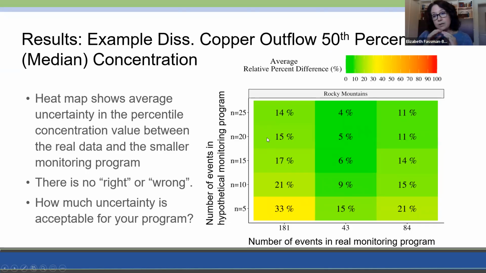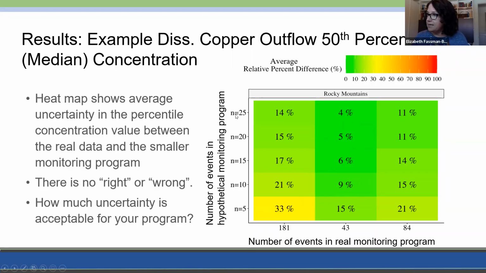Okay, so the key thing here is there's no right or wrong. The result is how different the hypothetical monitoring program is to the real monitoring program. And the key question for you as program managers is how much uncertainty is okay for your program. We've color coded it in a heat map just to make it easy to jump out. The way I would read this is, 4, 5, 6, 9%. We've got less than 10% uncertainty for any of these